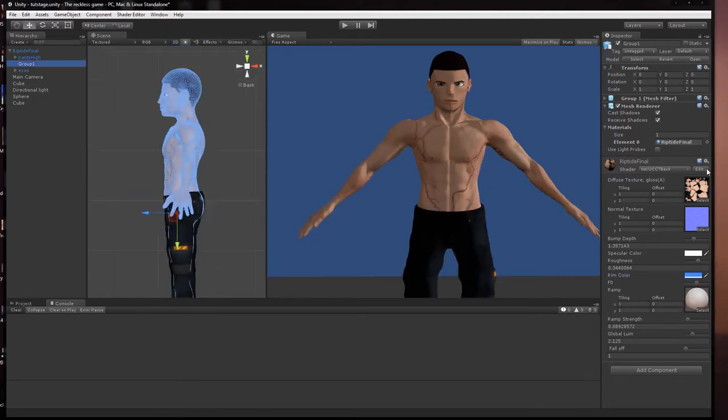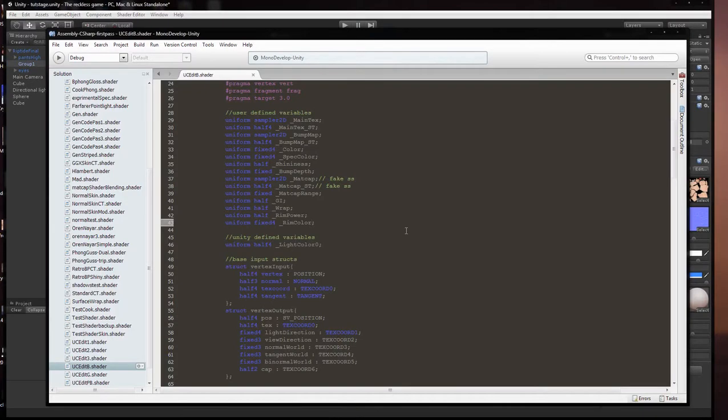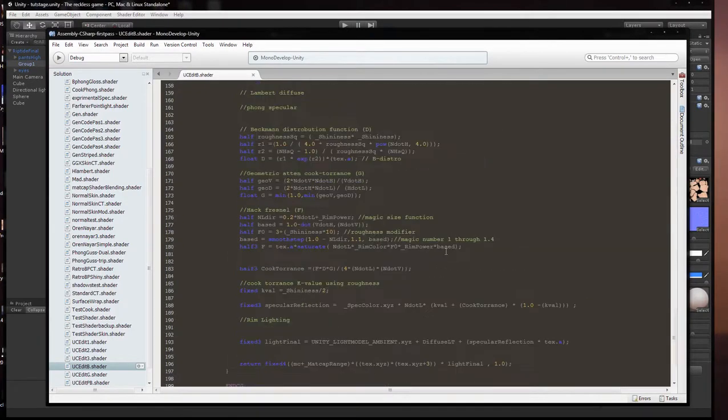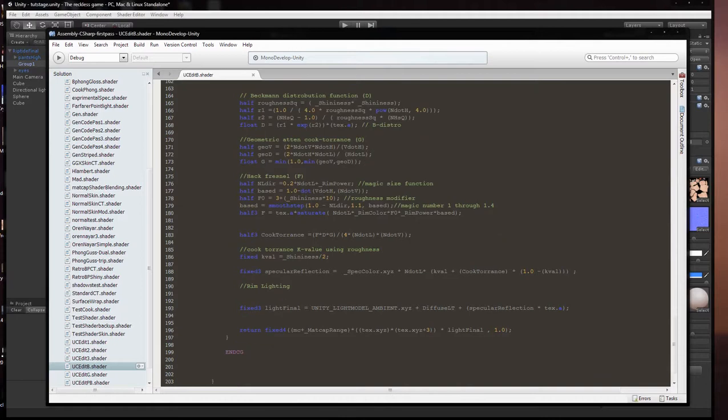Okay, so now we're going to go back and edit this. Come back to your fragment function. We're going to pull this F out of here, so just delete it. You don't want to put it here because this is setting up the K value. You could put it in a specular reflection, but we are trying to make Fresnel separate from the specular reflection